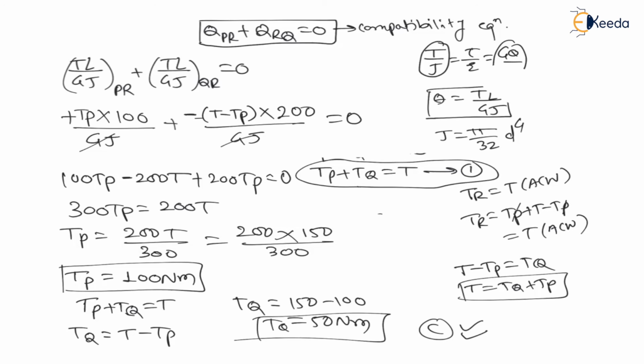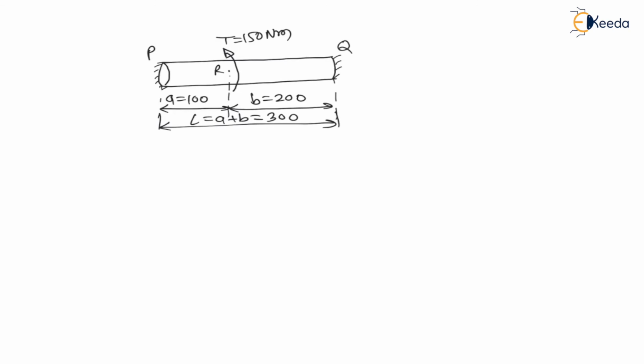Here I have explained the conventional way, but in the examination, if the diameter is the same for the first shaft and second shaft in series, use the shortcut. Let us see the shortcut. Here shaft PQ is given, P and Q are fixed, and at R torque T is applied. The magnitude of torque is given, and the diameter of PR is equal to the diameter of RQ. For such cases we can use the shortcut.